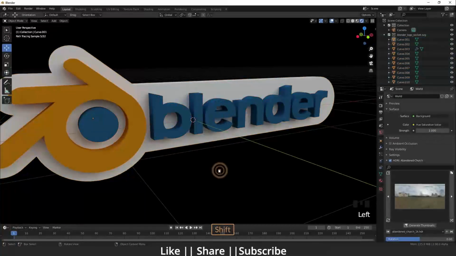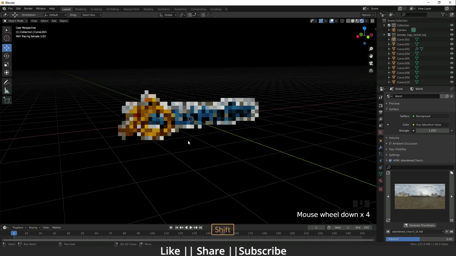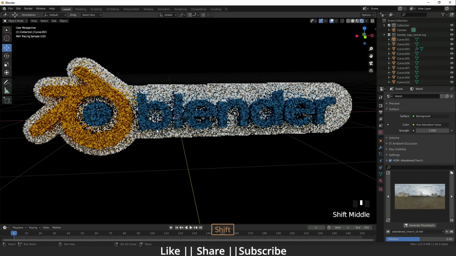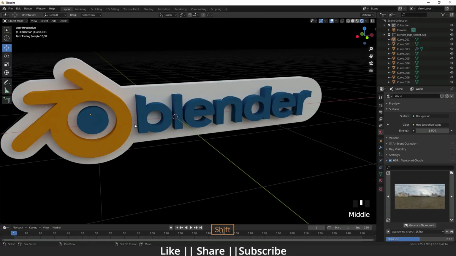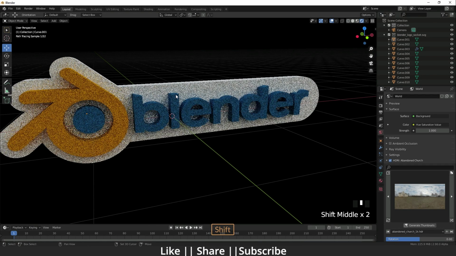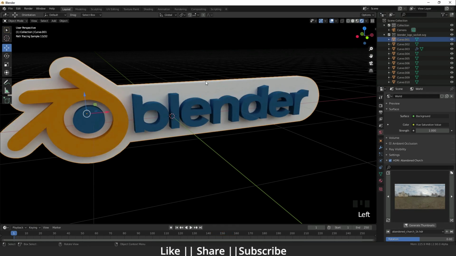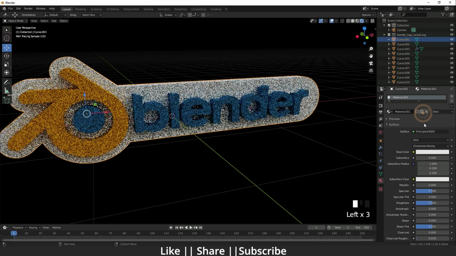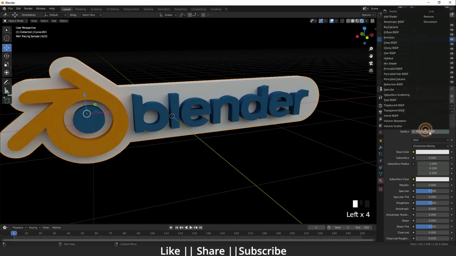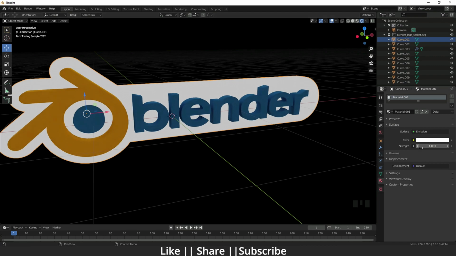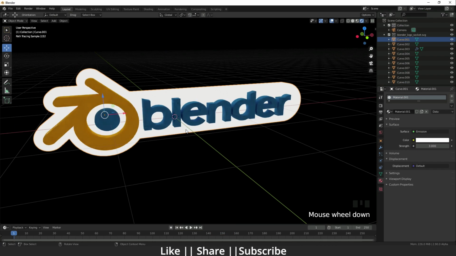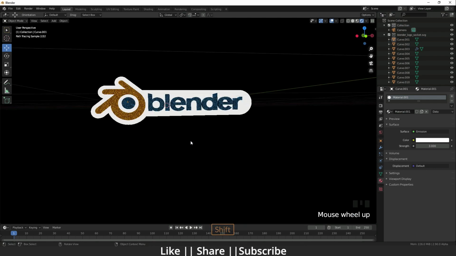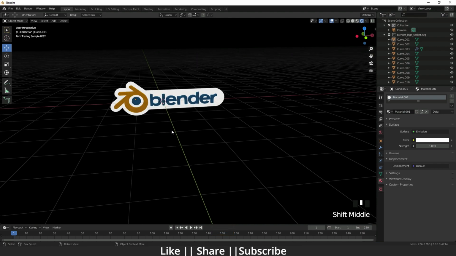So here you can see we have our logo. Okay guys, you can see easily what's happening here. And if you want to put some glow in the background, how can you do that? I will select the background part and go to the material section, and here I remove that material. I will add a new material, and here in the surface I will change to emissive and set the value 3. Right now it's not showing the glow because that is EEVEE. So how can we get the glow? I'm going to show you quickly.